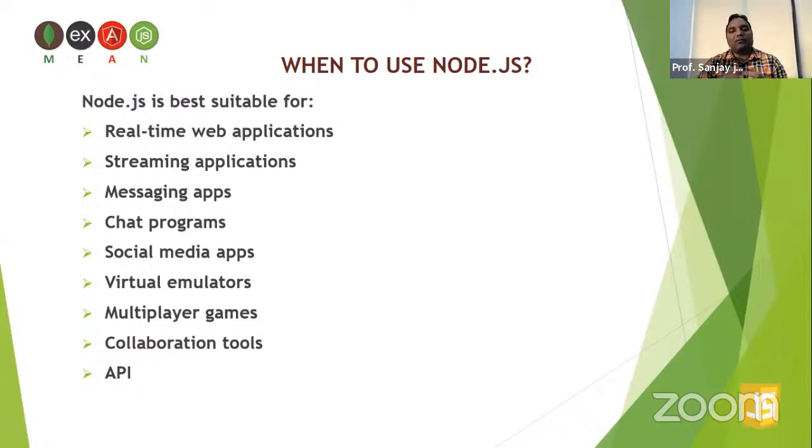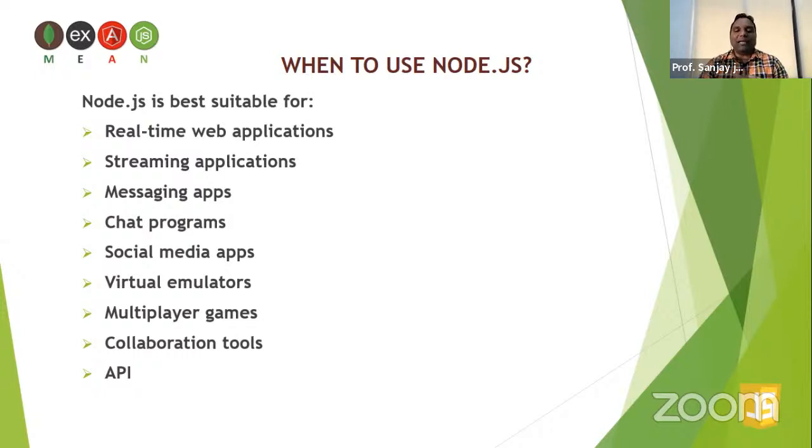Now, why is Node.js used? What are the application areas of Node.js? It is just like asking why to use Java or PHP or Python or the .NET framework. The question goes in the same direction. Node.js is used to create real-time web applications. When we say real-time, that is any data that comes in real time. Those kinds of applications are called real-time applications. So it is used to create real-time, dynamic web applications.